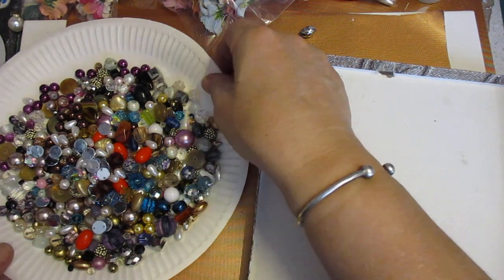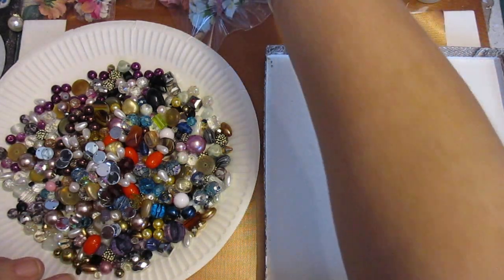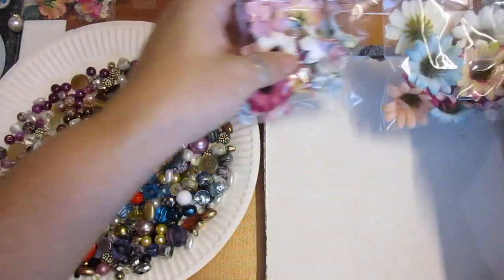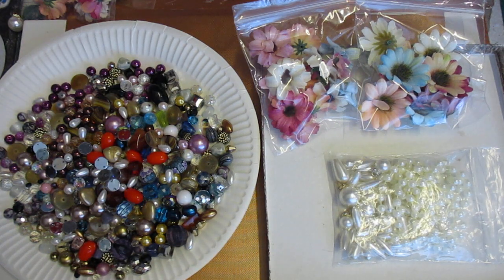Now, I'm going to split these into 2 parcels, and you will be able to buy this, so it'll be half of what's in here with that bag, and there'll be 2 available, and if you want them,